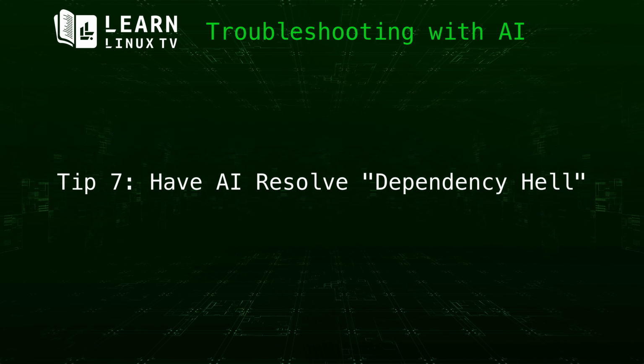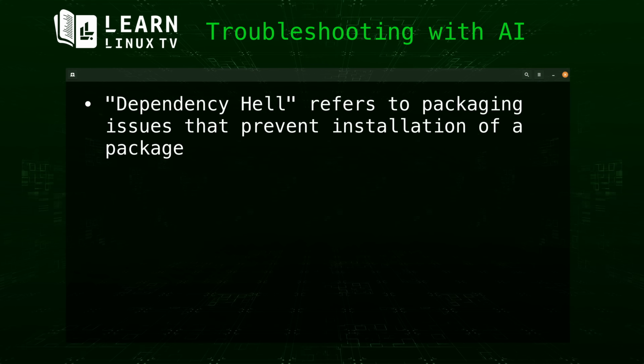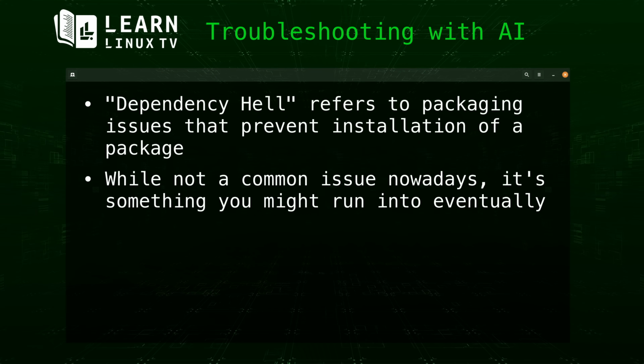Another tip that I have for you guys is using AI to solve dependency hell. If you haven't ever heard of that term before, dependency hell refers to situations in which you're working with Linux packages, such as installing something, and then you end up in a situation where you can't get something installed because of unmet dependencies. And sometimes this can be an issue with a repository or an actual problem with the package itself. Now, to be fair, we don't run into dependency hell within the industry nearly as often as we used to. When I first started working with Linux, dependencies weren't handled automatically for you. You had to download each individual package manually and work through this situation yourself.